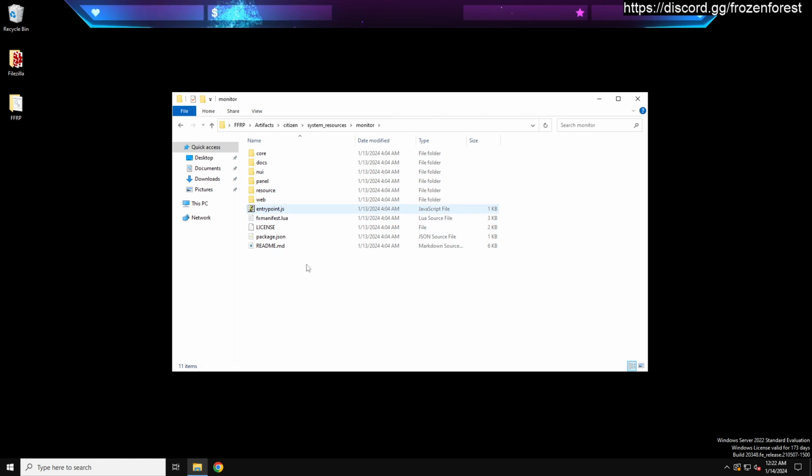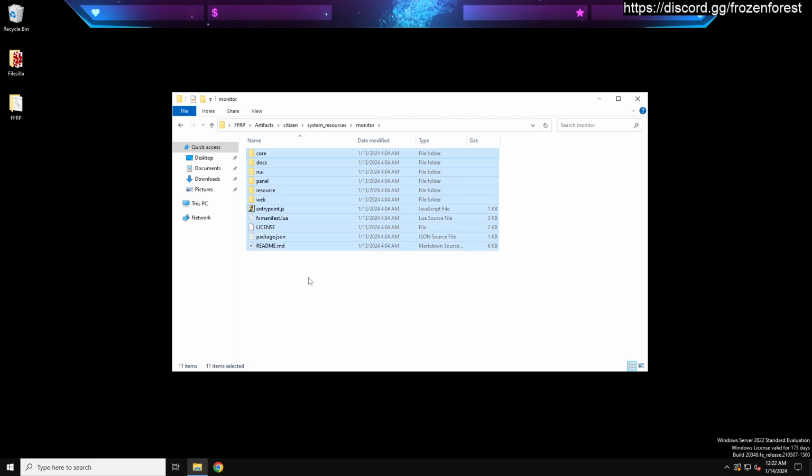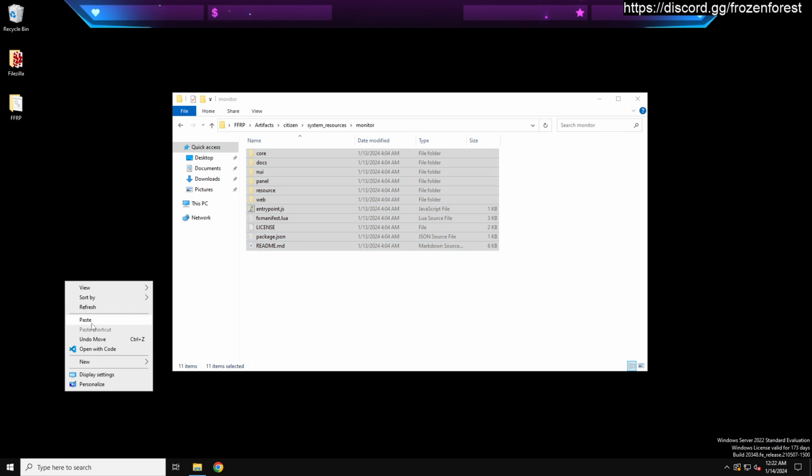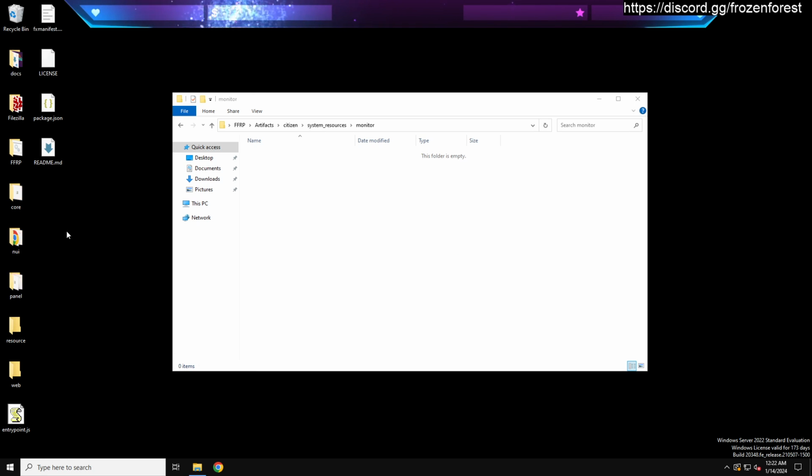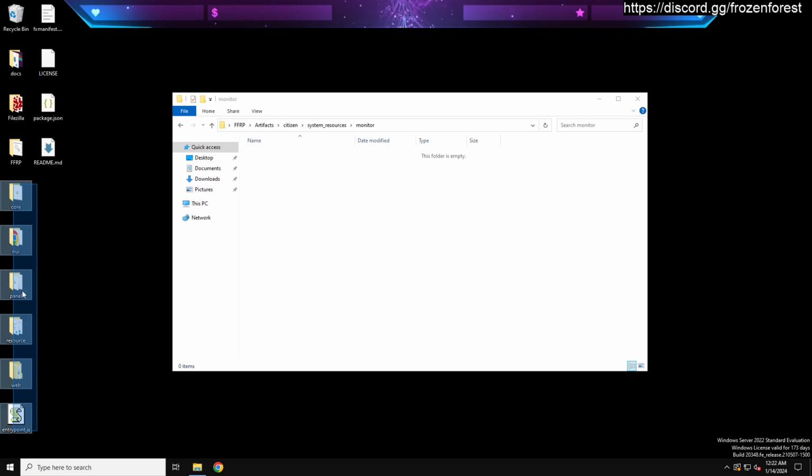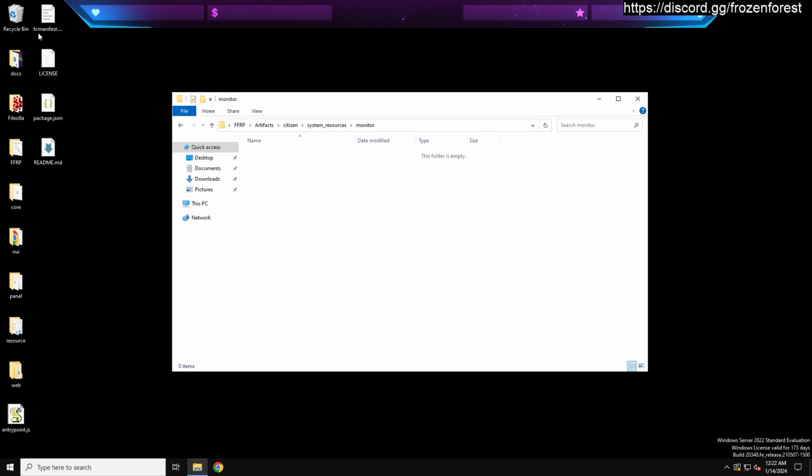Obviously what I have in here right now is the beta, so I'm just going to do Control A, Control X, which is just cutting it. And then I'm just going to paste it over here as if I'm going to download it for you guys. What you guys would do would be Control A and then delete it. And then you just want to take your new stuff, move it over